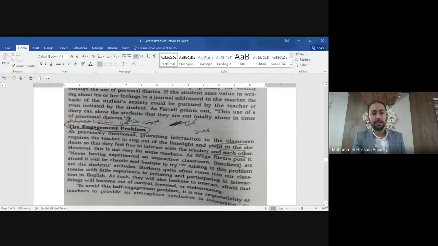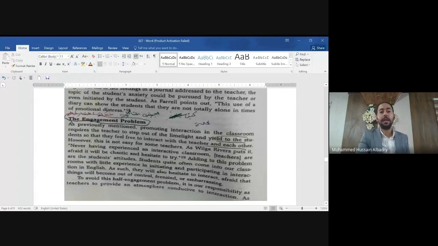The last point, the engagement problem. Engagement. What does engagement mean? It doesn't mean getting engaged to be married. Okay? Engage means to get engaged, but engagement here is not betrothal. We want engagement to mean participation. Okay. Yes. Engagement problem. I think it is easy for you when we talk about these points. Why? Because it's familiar for you. You are familiar with these things.